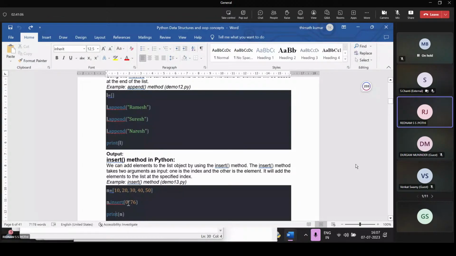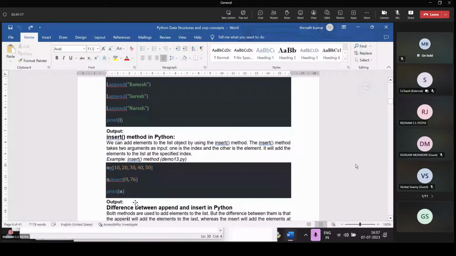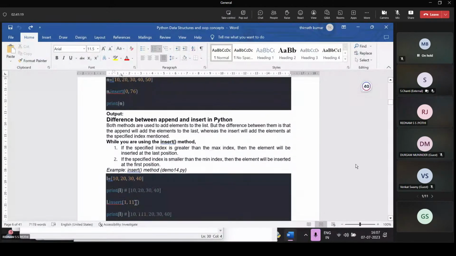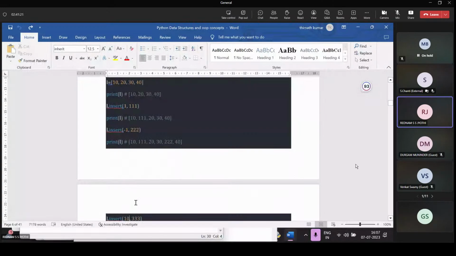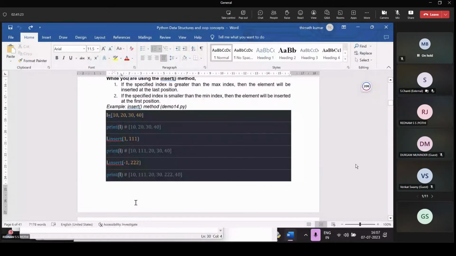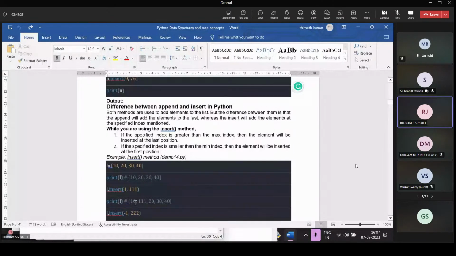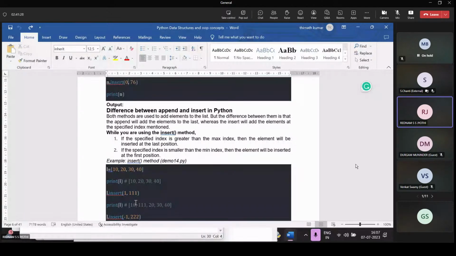So the first argument is 0, the index, and the value added at that particular index is 76. The difference between append and insert: append means we can add elements, and insert means it adds elements at a particular index.